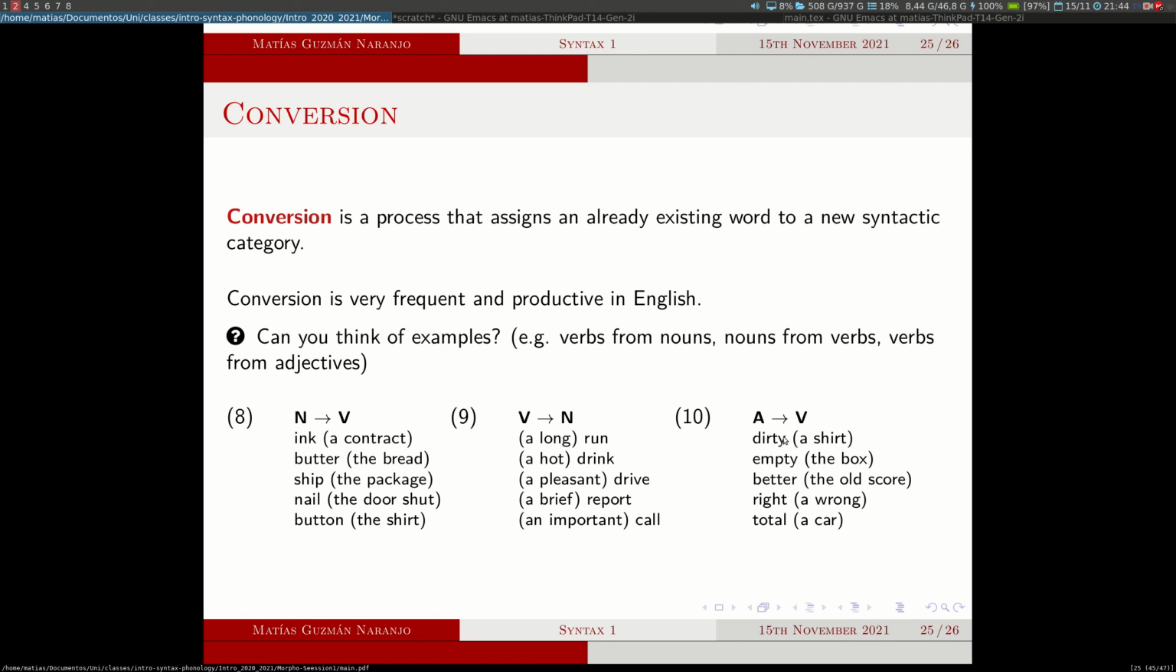And I think that's quite a lot. We can leave it at that. And if you have